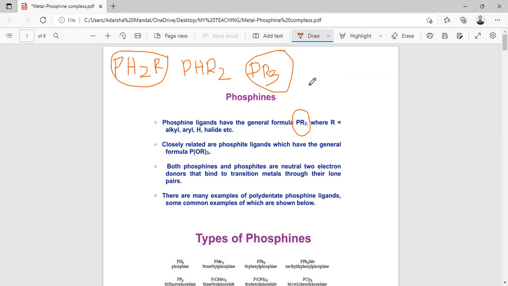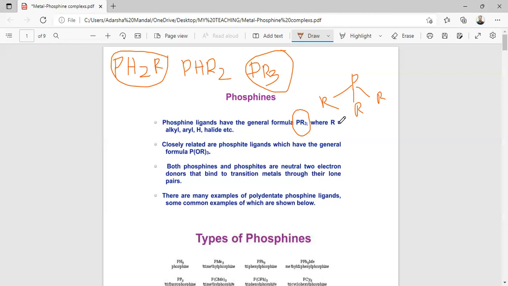Like amines, phosphines have a pyramidal structure, like this one, and can function as both nucleophiles and bases. Among the primary, secondary, and tertiary phosphines, tertiary phosphines are one of the most important ligands used in organometallic chemistry, as their electronic and steric properties can easily be modified to fine-tune the catalytic activity of the metal center